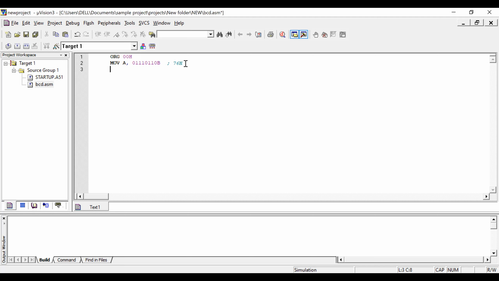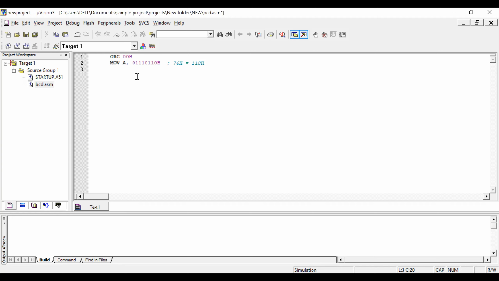Keep in mind, this is for our understanding. My program takes a binary value as input, and I want the equivalent decimal value. The equivalent value is 118H for this particular value.